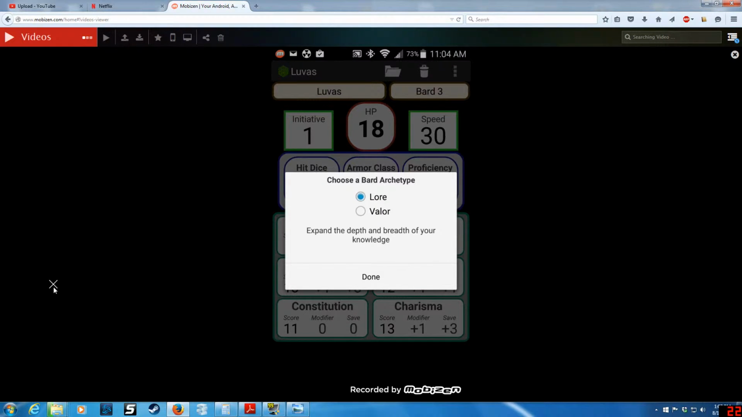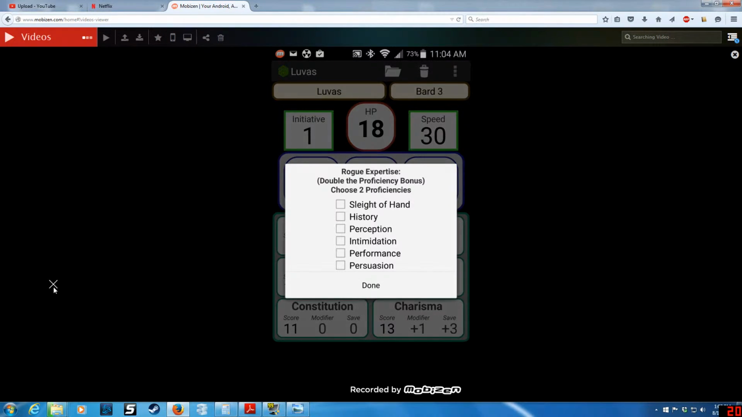So here we can see you can choose between lore and valor. Lore, you can see on the screen what it does, and valor, you can see also what that does on the screen. We're going to go with the valor. Hit done. And we get to choose 2 more proficiencies for choosing the valor. So we'll go with